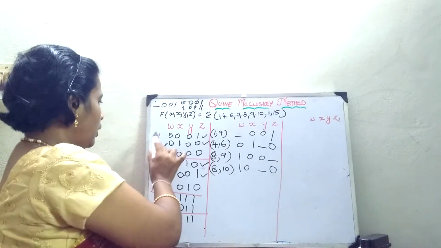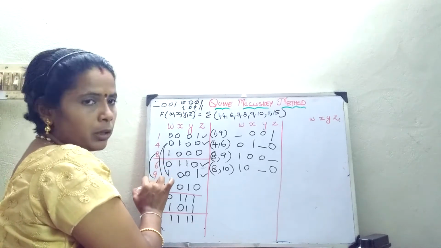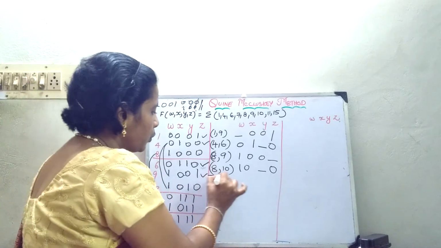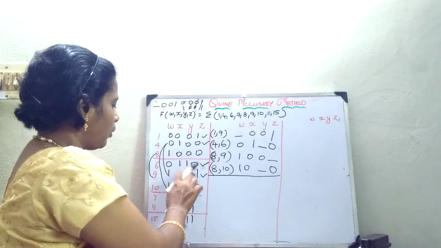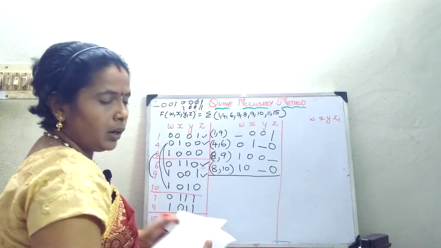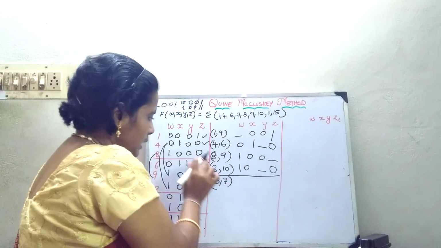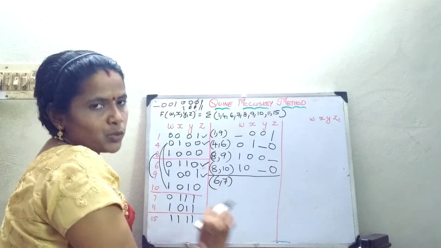Now what we have done? 1 compared with all the 3 variables, 4 compared and 8 compared with all the 3 variables. Now this finishes the first and second row checking. So put a line. Similarly, you have to do the second row with the third row with the fourth row. So for time consideration, I just write the values as it is. The same way, now 6 has to be compared with 7, 6 has to be compared with 11 and you have to proceed with.